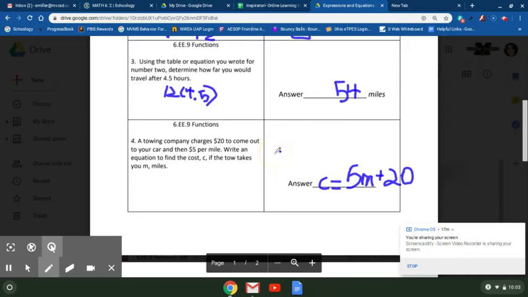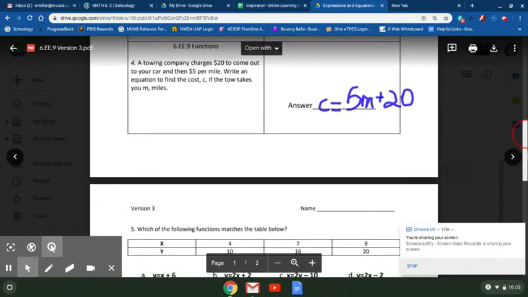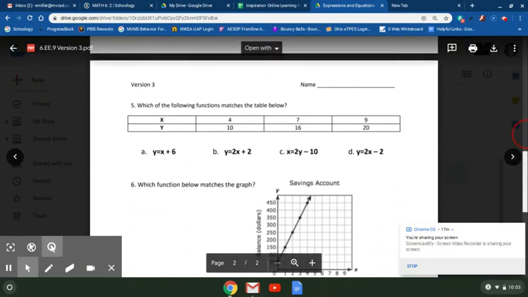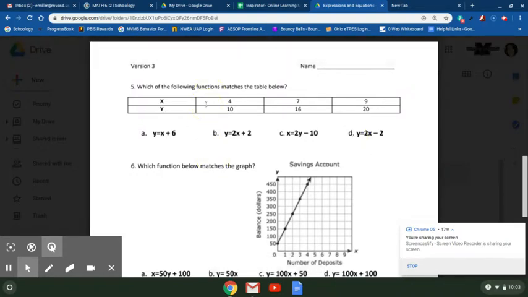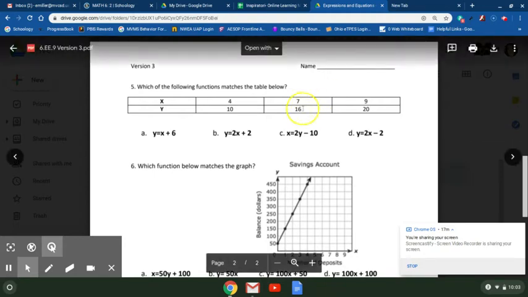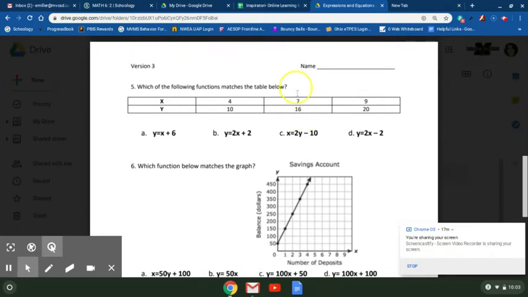So that would be your equation there. Again, that should look really familiar from when we were doing the business simulation. Okay, if you take a look at number 5, it says, which of the following functions matches the table below? So the first thing that we need to look at is our stack, subtract, build a house. So I would do my second point here, which is 7 and 16, and I would subtract 4 and 10